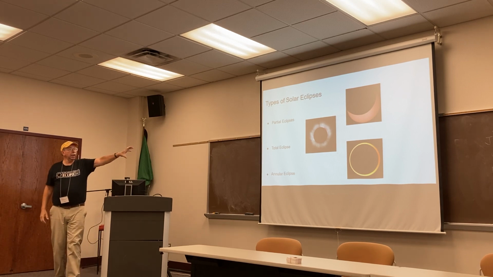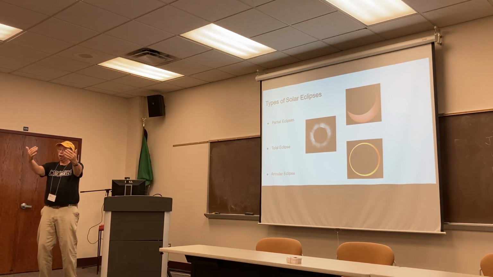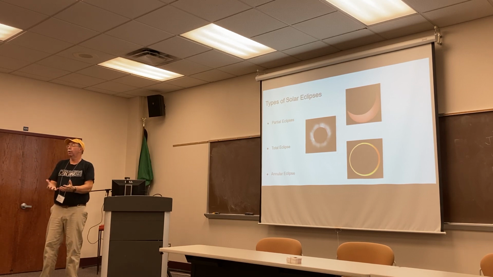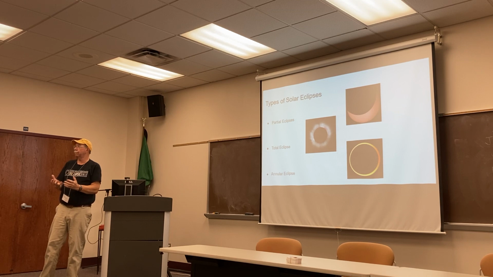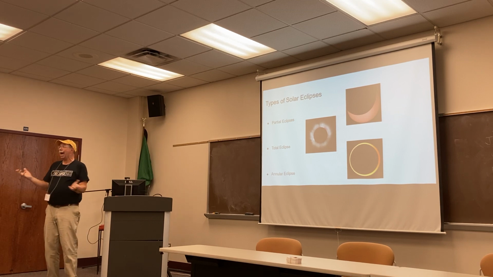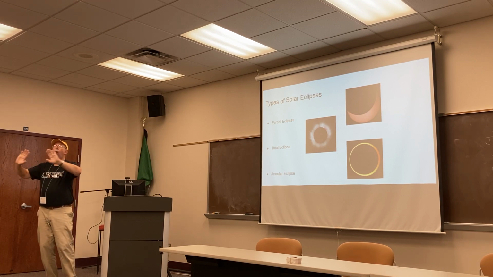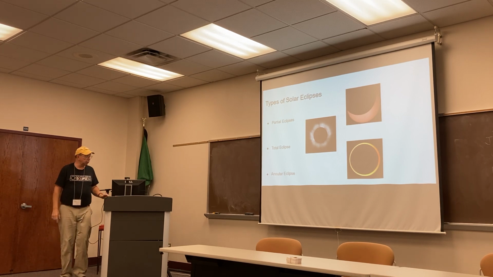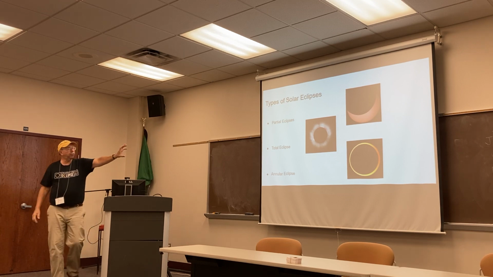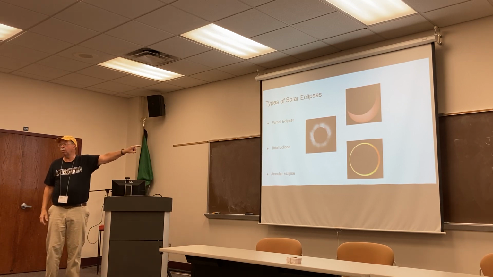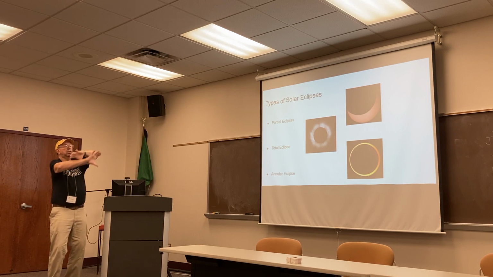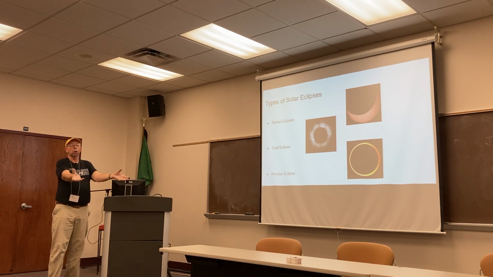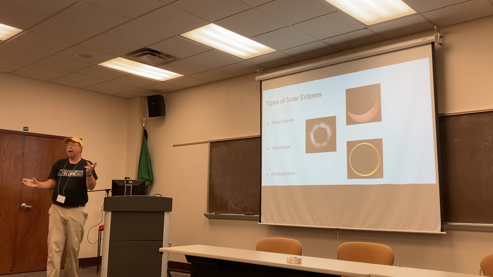So a total eclipse is when the moon is close enough that it's large enough to totally cover the surface of the sun. And when that happens, it's a whole different world. And I'll show you a picture of what it actually looks like. This is a picture, if you were looking in the sky, what the sun would be looking like. You would have this dark hole in the sky with this beautiful pearly corona around it, which changes shape depending